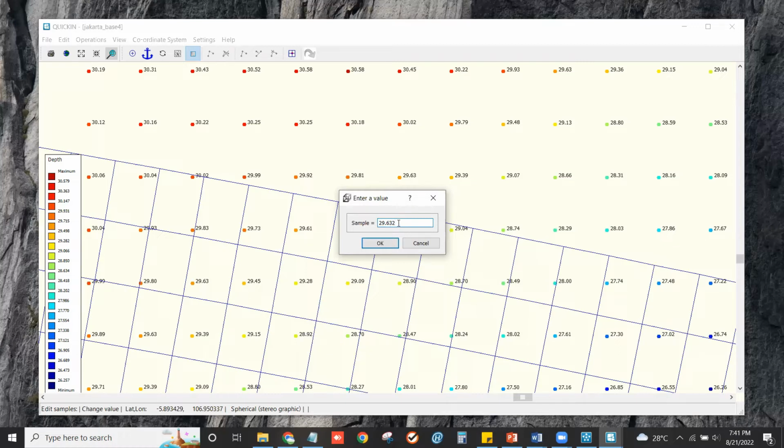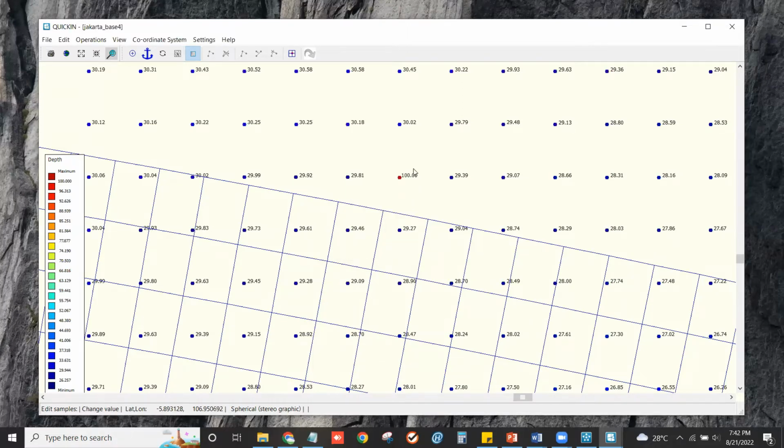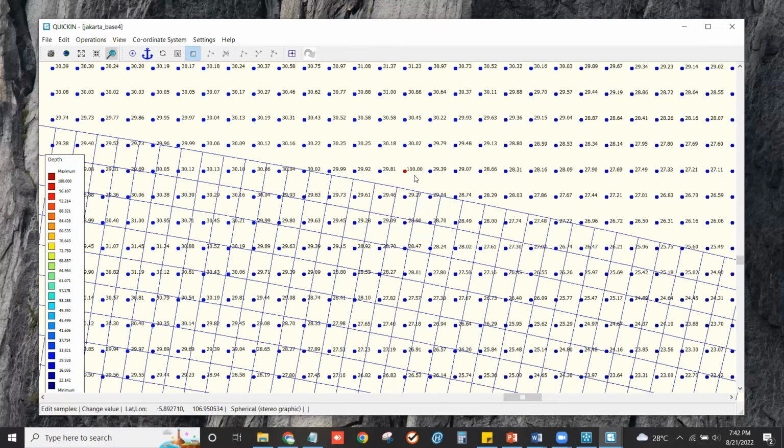Editing these samples is very easy. You can input or change the number like this. I want to change it to 100 and I click OK. The value number has been changed. Okay, like this.